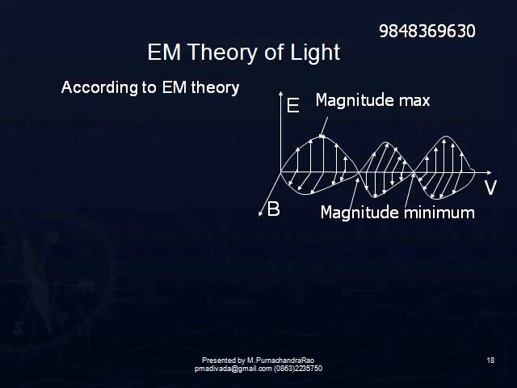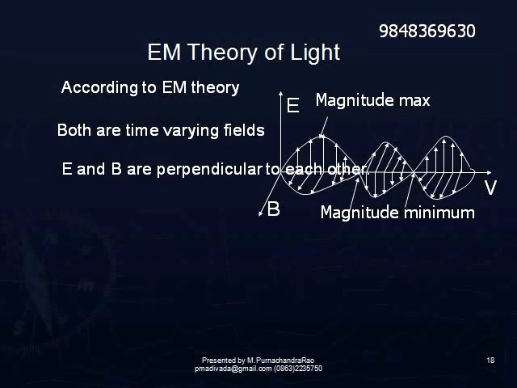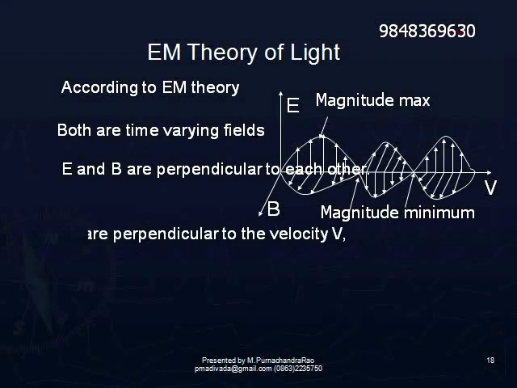Moreover, the magnitude is also varying, that is indicated by the curve. In the loops, the curves are given. That curve indicates that the magnitude of the electric field vector is increasing from 0 to a maximum value, and then decreasing to a minimum value and coming to 0. Like this, the magnitude will be changing continuously and the direction will also be changing continuously.